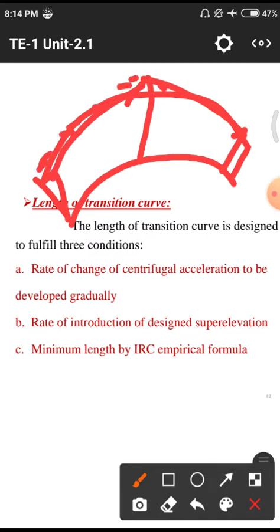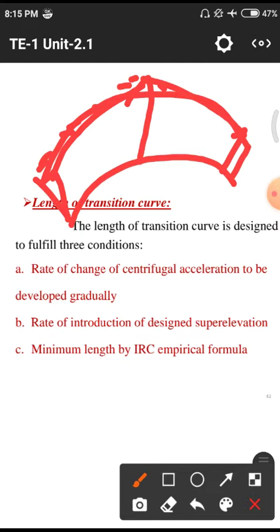For understanding these kinds of pictures, we need to use different kinds of drawings. In engineering drawing, we have learned different kinds of perspective views. By using those perspective views, we will understand these conditions. Okay, it's not possible to draw these perspective drawings on the boards, but we need to understand them.